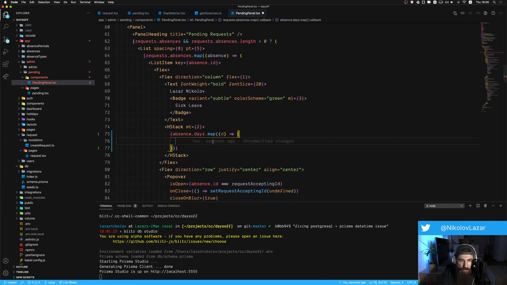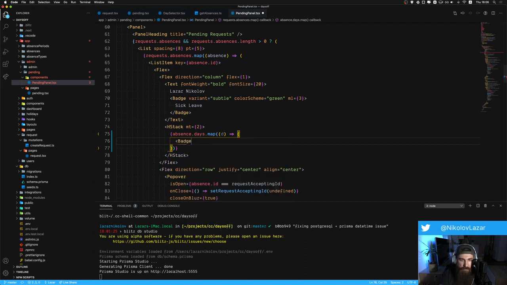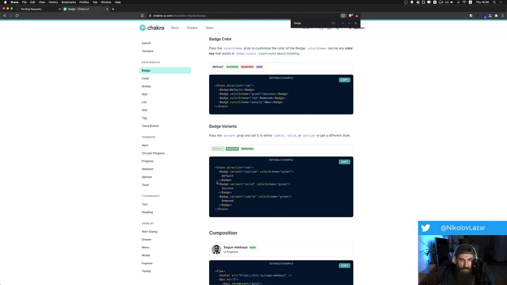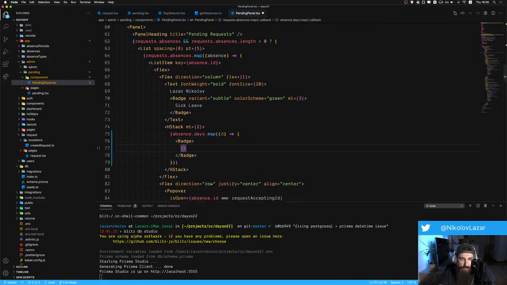We need to add a badge. Okay, we need to add a badge. Let's check it out. The badge is not self-closing, but there's text within, so the badge is not self-closing. Let's just open it up, and inside we can write